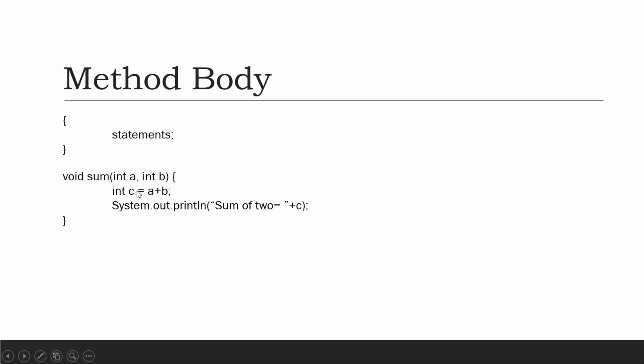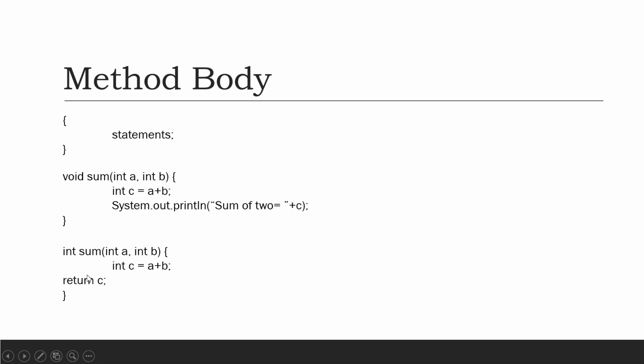It means that this method is not going to return anything. What we have done here is take two arguments in the method, calculate the summation of these two numbers, and then directly print it. But if you have a requirement to return it also, then instead of void we can write some data type, whatever data type we want to return. For example, if we want to calculate the summation of two integer numbers, obviously we are going to return the integer type only, so that's why we have written int c = a + b, and this variable we are returning. So here we are returning it, and there we are not returning it.